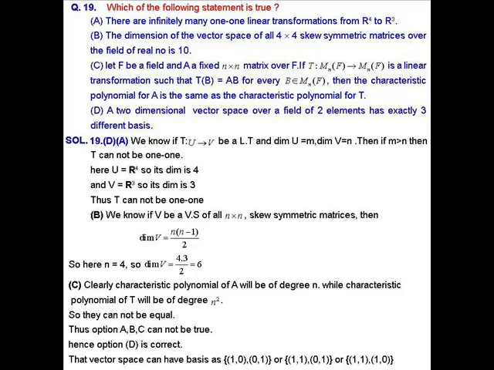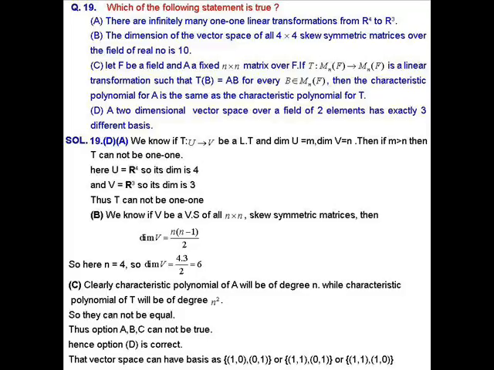So here the domain space is R4, so its dimension is 4. Now we know the dimension of the domain space is equal to rank of T plus nullity of T. Okay, so here rank of T cannot be greater than 3 because the dimension of the codomain space, that is R3, is 3. So if rank of T is at most 3, then nullity will be at least 1, that is, the dimension of the null space will be at least 1. So the null space cannot be the zero space, so that's why this map cannot be one-one. So option A is completely incorrect.